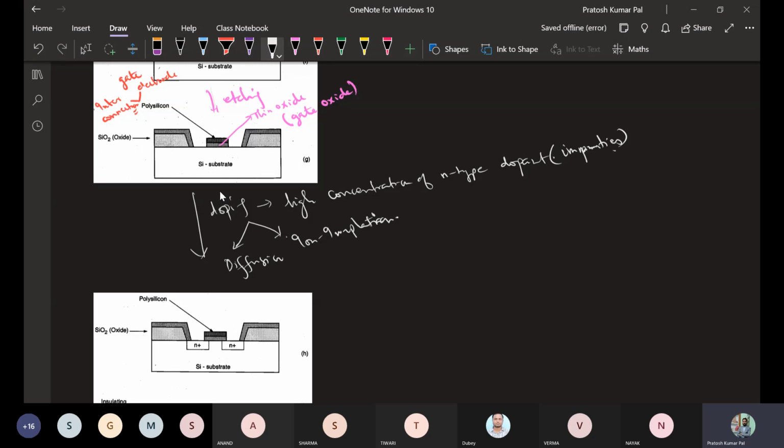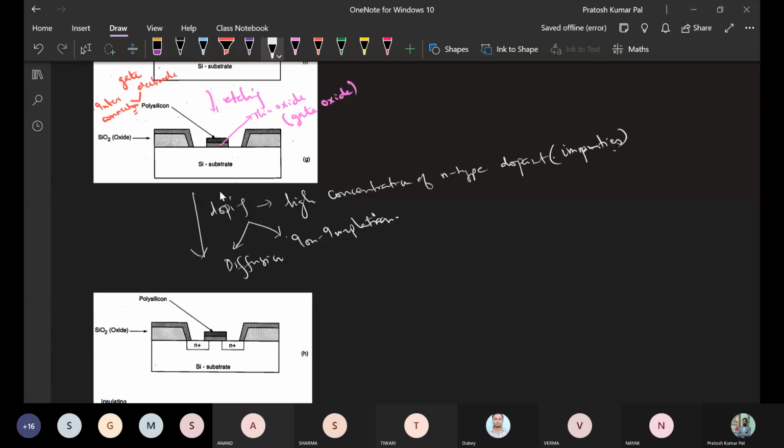That exposure is done with the help of lithography. After this exposure of the semiconductor surface, we will be doing the diffusion or the ion implantation.